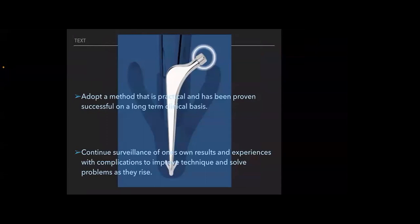Adopt a method that is practical and has been proven successful long-term on a clinical basis, with continuous surveillance of your own results. So don't try new techniques. Total hip is a very gratifying surgery, as I told you, but don't try innovations out of the blue. So try to improve your technique slowly and then go to the next level, because otherwise this can be a